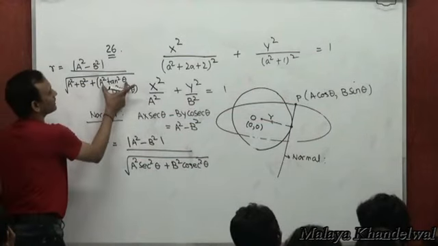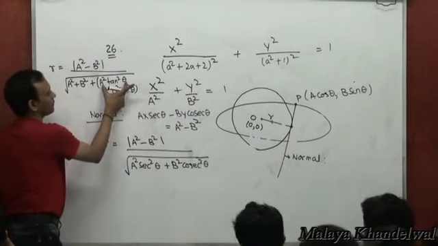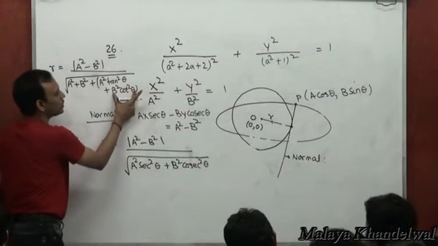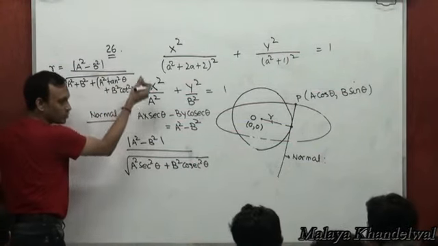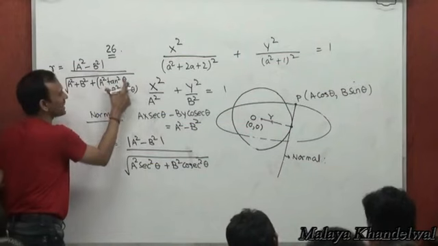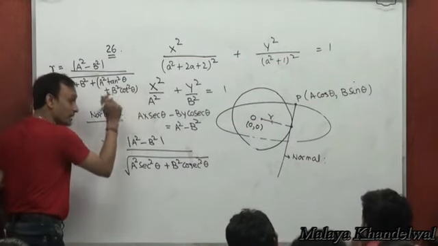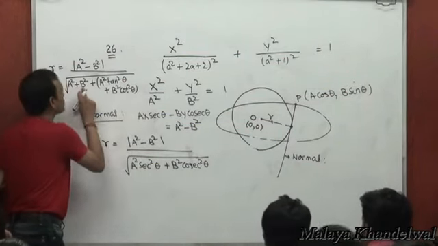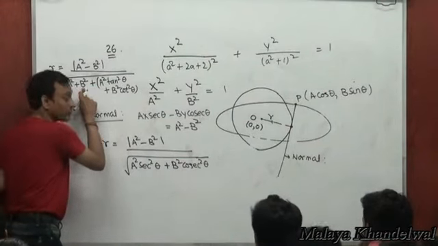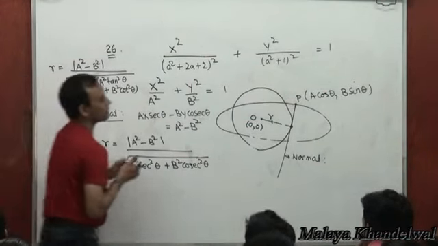This I can write as (a tan theta minus b cot theta) whole square plus 2ab. Yes or no? That 2ab comes here to make it (a plus b) whole square, right? So then r becomes